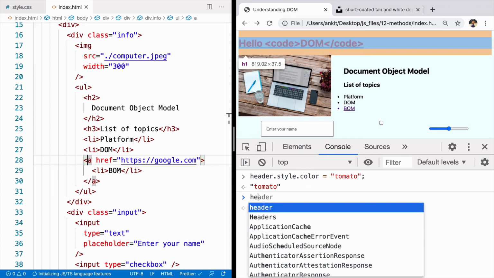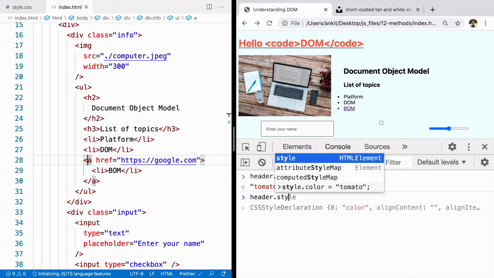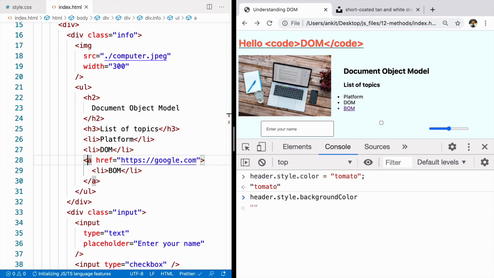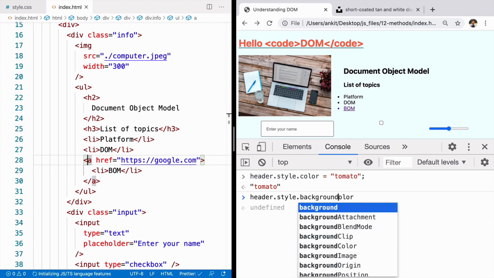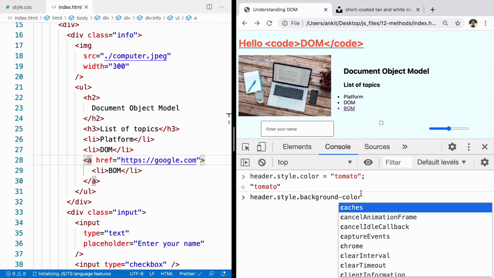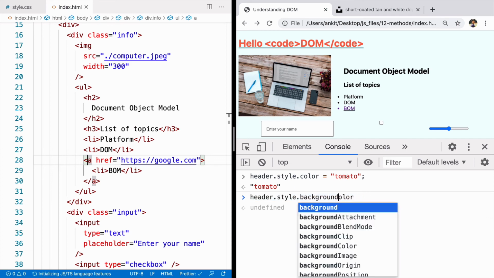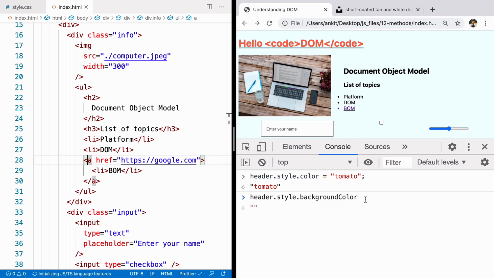Similarly, you can do anything, like we can go ahead and say header.style.backgroundColor. And one thing to notice here is, in CSS, it is background-color, hyphen-cased. But because this is not a valid property in JavaScript, we convert that into camelCase. We can go ahead and say black.